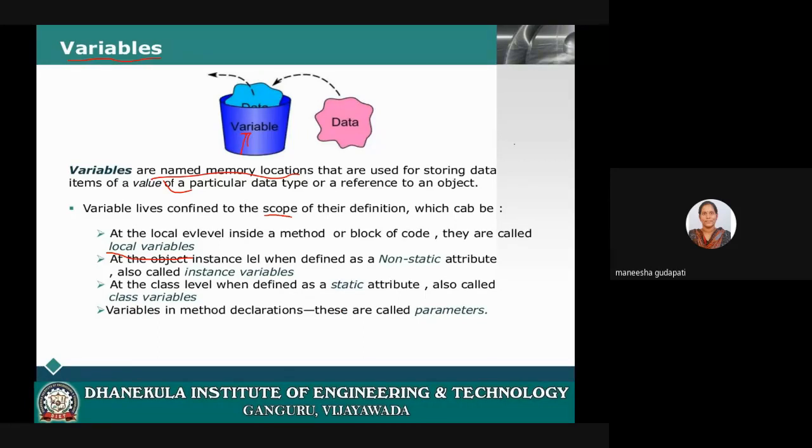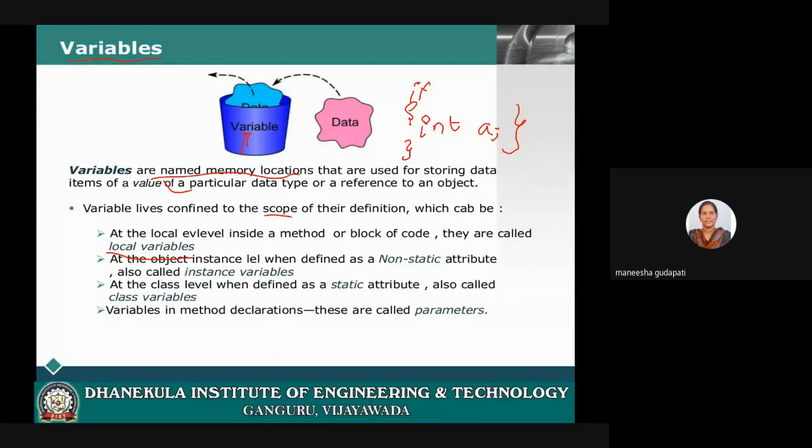For suppose if I have an if condition and I declare a variable inside it, like int a, then that variable will be alive in this particular if condition only. You can't use that a outside that block. That is a local variable.